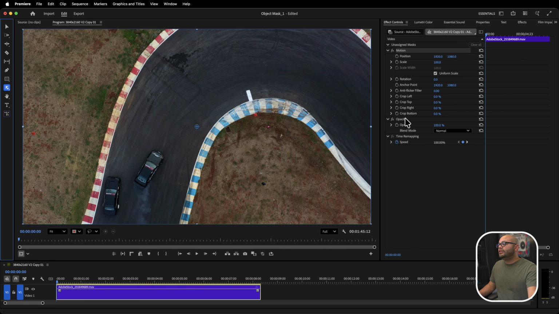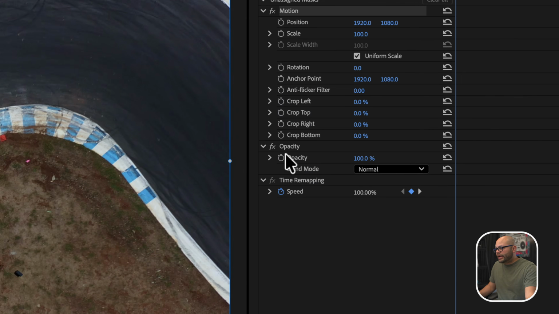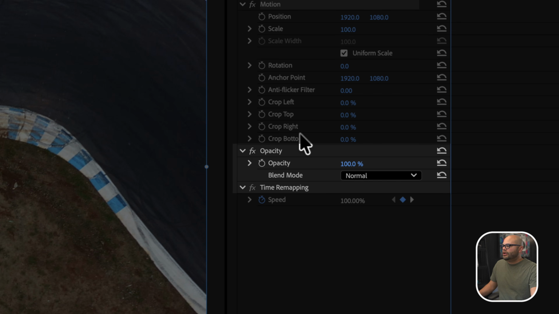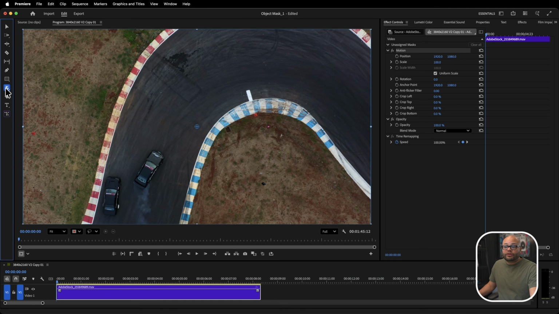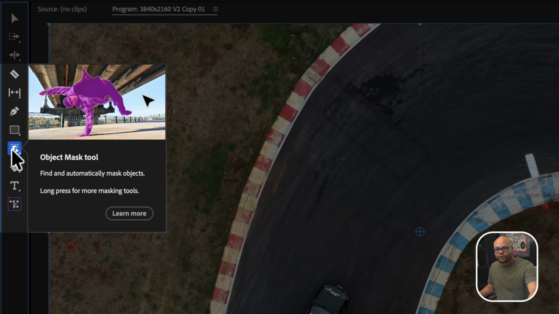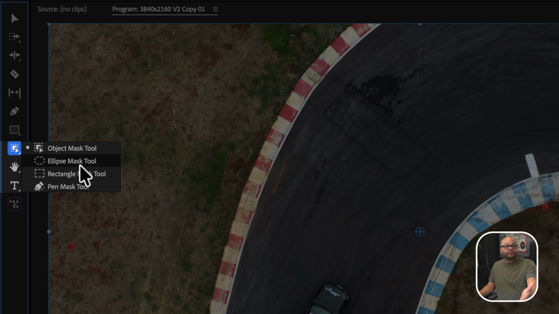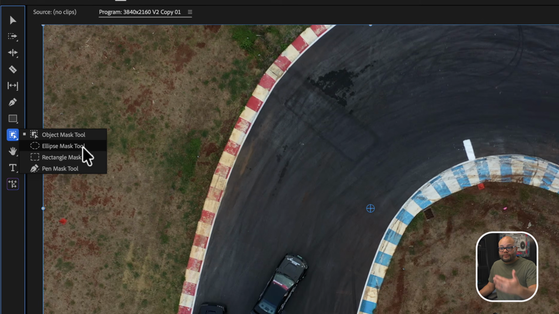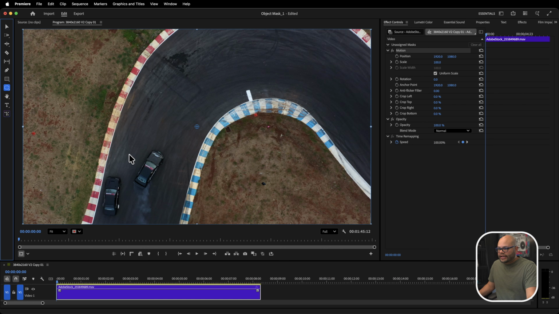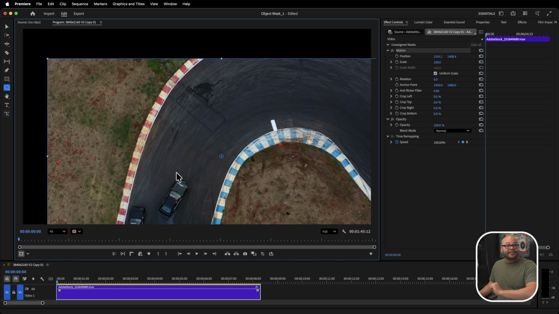Number one is, as you've probably noticed, underneath opacity, we no longer have our masking tools. They've moved them underneath the object mask tool menu, I want to say. So right here, if I scroll over it, it says long press for more masking tools. So if I long press this, we now have those tools back available to us. If I want to do an ellipse mask tool, I can go over here to the